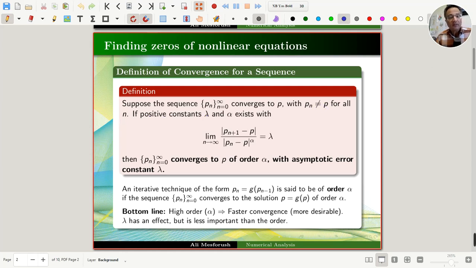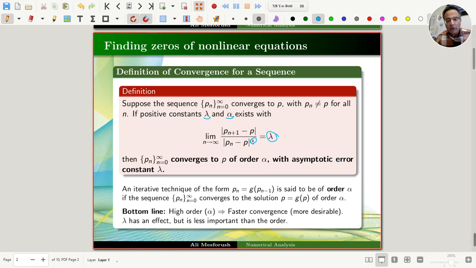If there exists a positive constant lambda, and there exists an alpha such that the limit of the absolute value of Pn+1 minus P over the absolute value of Pn minus P to the power of alpha, when n goes to infinity, is equal to lambda, then we say that the sequence {Pn} converges to P of order alpha, and we call lambda the